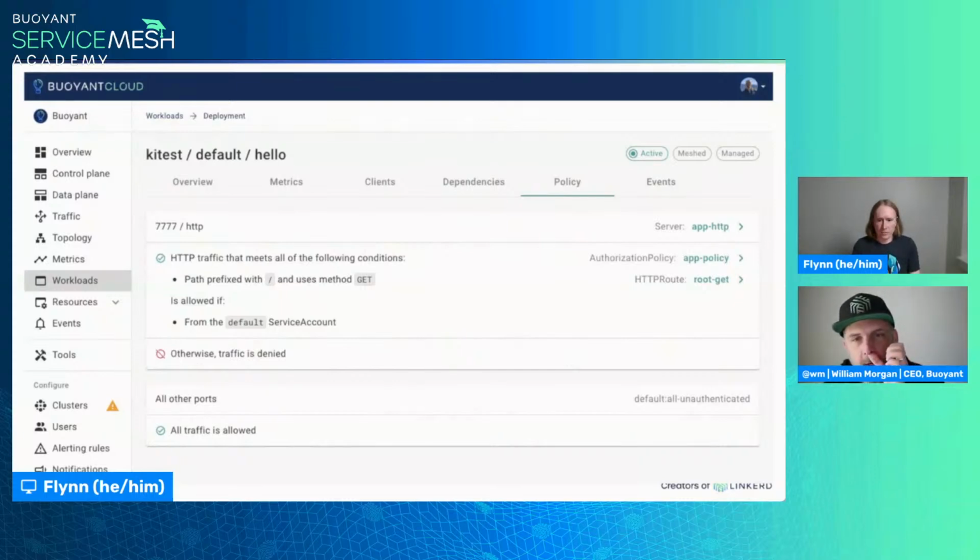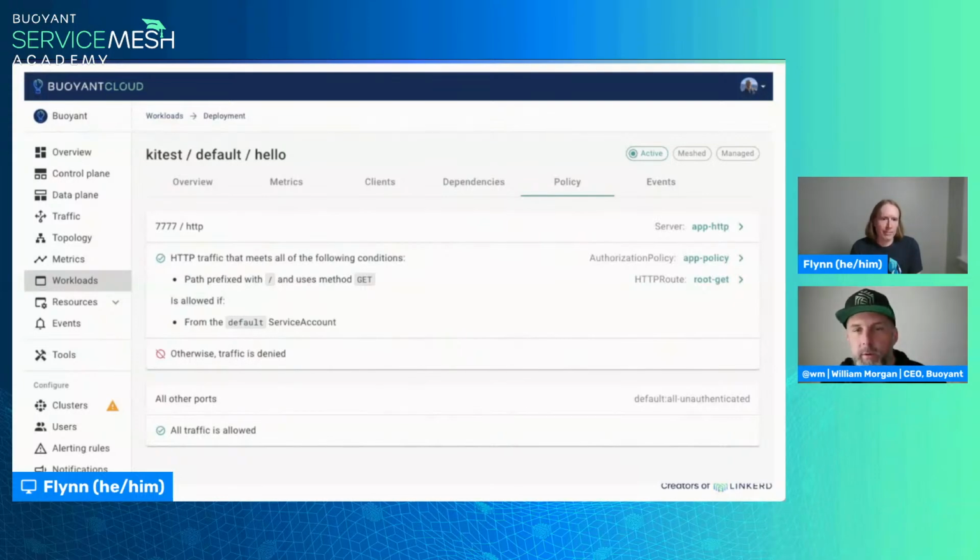Oh yeah, I just put this in here because I made this offhand comment that HTTP route is complicated. A lot of what we've tried to do in Buoyant Cloud is describe what this thing actually does. So this is an example of authorization policy. This isn't dynamic request routing, right? But I have this authorization policy, this HTTP route, and the server object, and they all relate in this weird way. What does that actually mean?